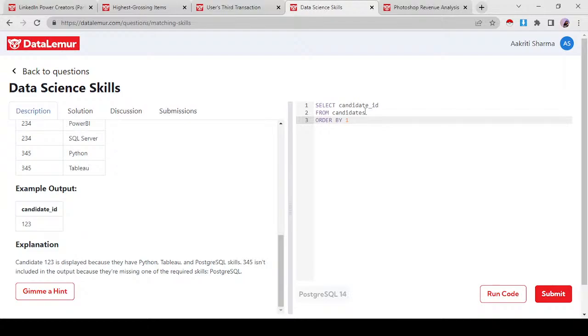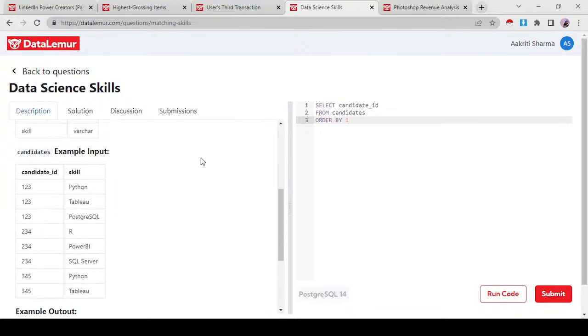It was not there when I first started SQL, but it has been added recently and it's very convenient, especially when you have multiple columns and long column names. So select candidate ID from candidates and we need to order it in an ascending fashion because that's how it is by default. The tricky part here is that we need all of the candidates